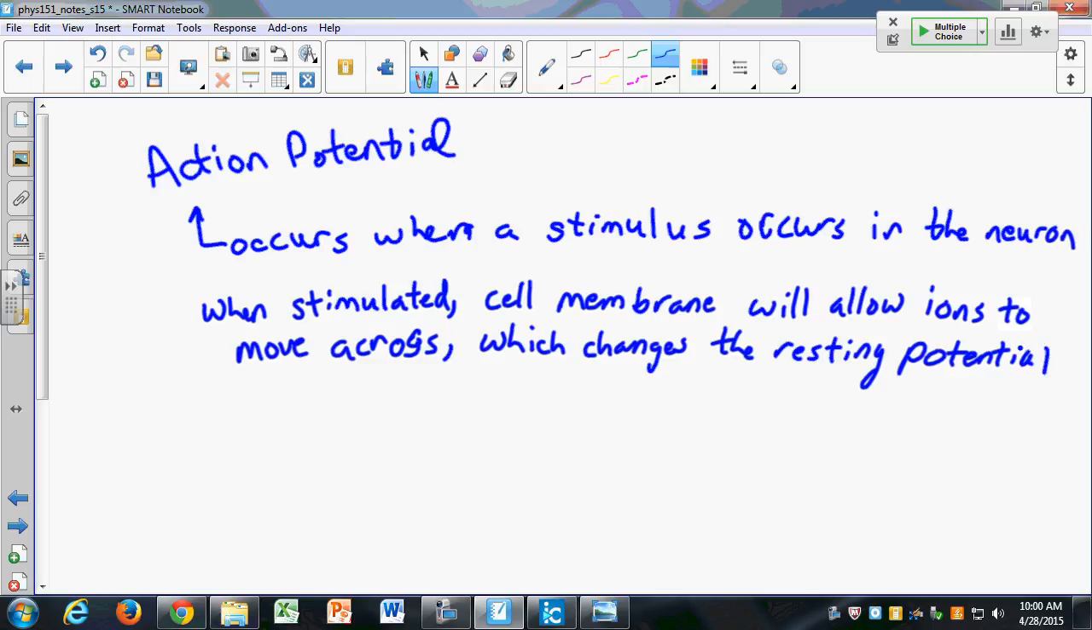Depending upon the type of stimulation that it receives, it can change it a lot or it can change it just a little bit. So if you put your hand on the stove and you burn it, that's going to cause a very drastic change in the cell potential. It'll be a drastic stimulus. But if it's somebody who just bumps into you or whatever, maybe not so much. So when you have a strong stimulus,